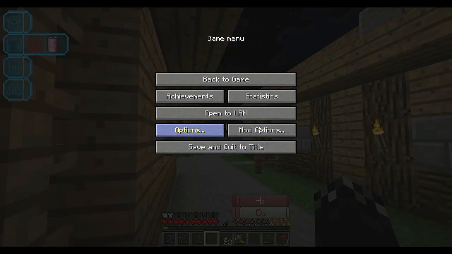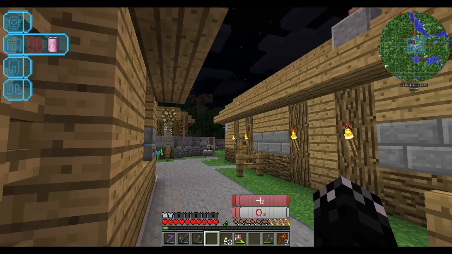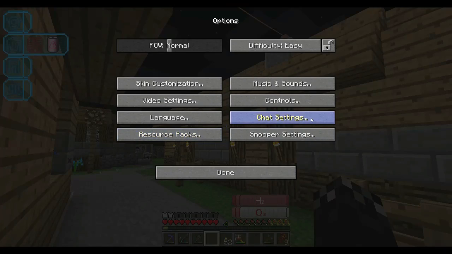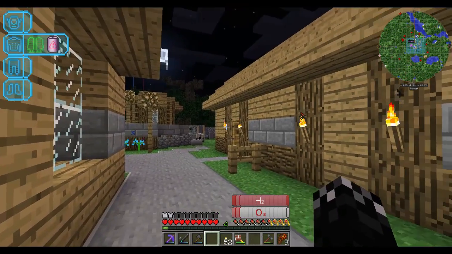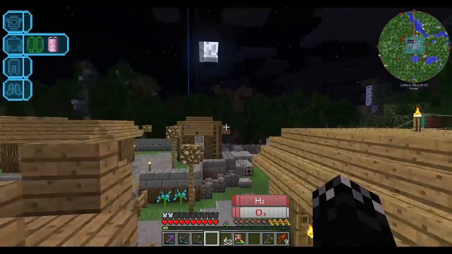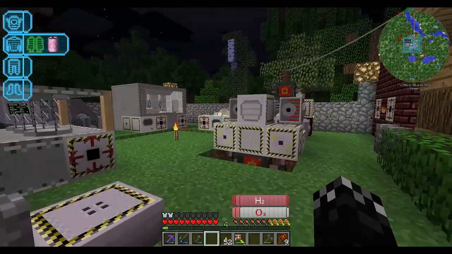Is there a control button for it? Toggle jetpack. There's all my emails coming. Oh, jetpack's on. Wow. Ow. So yeah, I do need some sort of